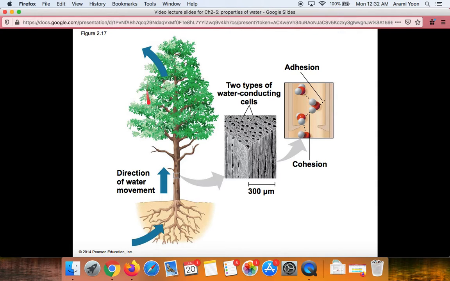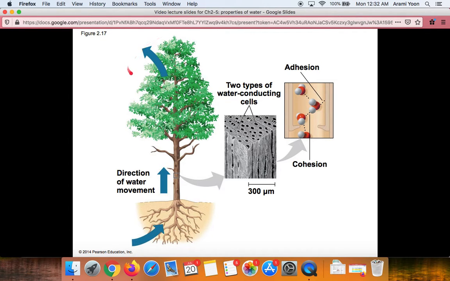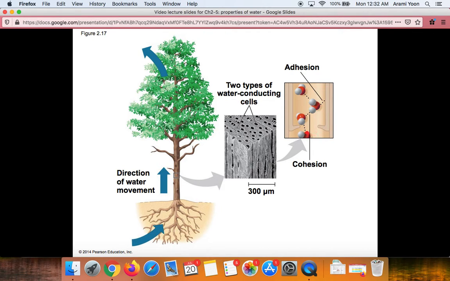But there's a couple of things going on here. Not only is water moving along its own concentration gradient, because remember, high water concentration at the roots, lower water concentration at the leaves, and like all diffusion, water moves from high concentration to low concentration. But on top of that, water is able to literally climb up the trunk of a tree